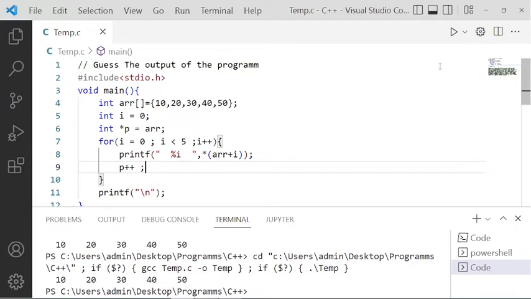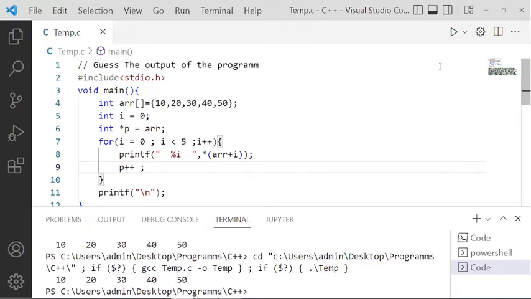In one dimension, the 0th element is an integer. So the name of the array is nothing but a pointer to an integer. And when we add 1 to a pointer to an integer, it will increment by 4 bytes. Why? Increment depends upon the type of the pointer. So ARR is a pointer to an integer, so it will increment by 4 bytes, rather than 10 bytes or 2 bytes or 1 byte.